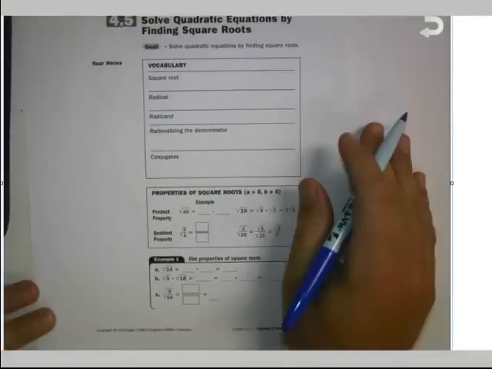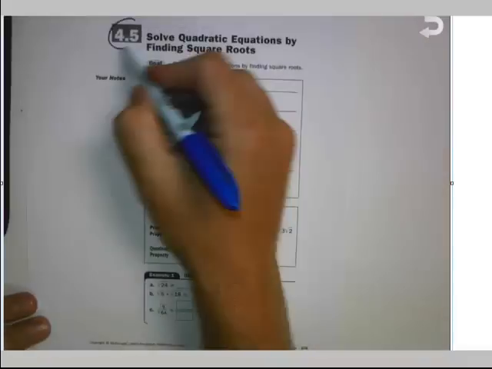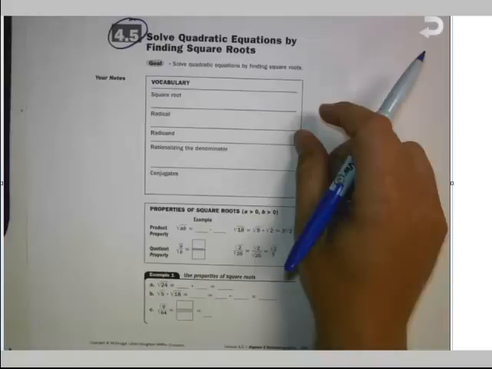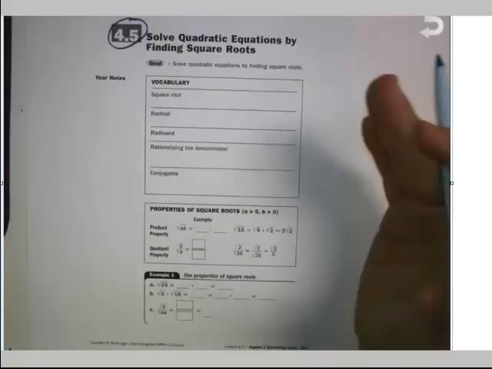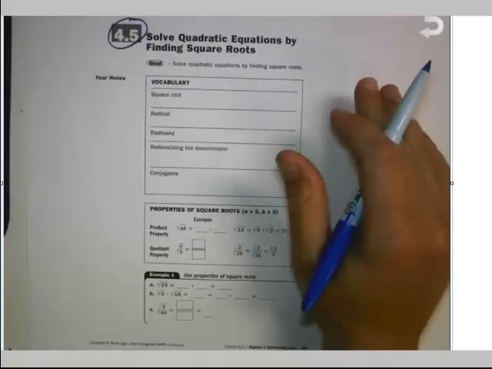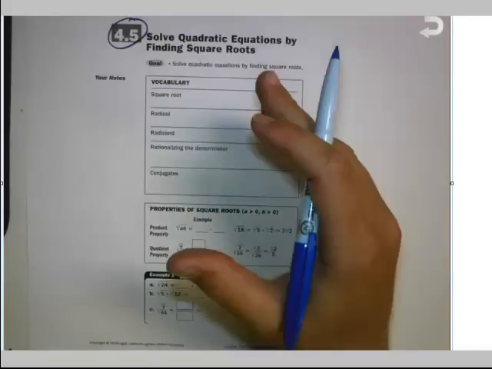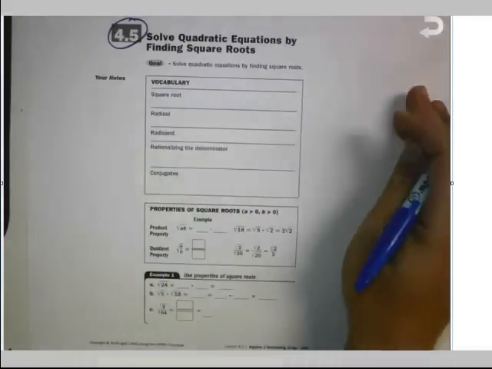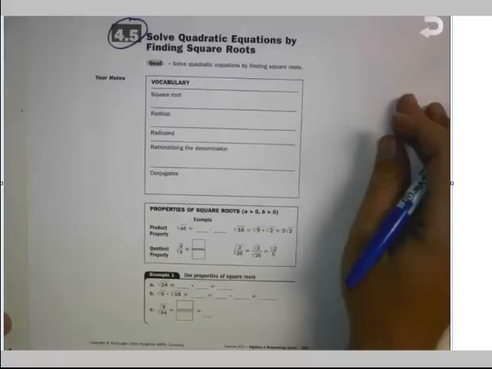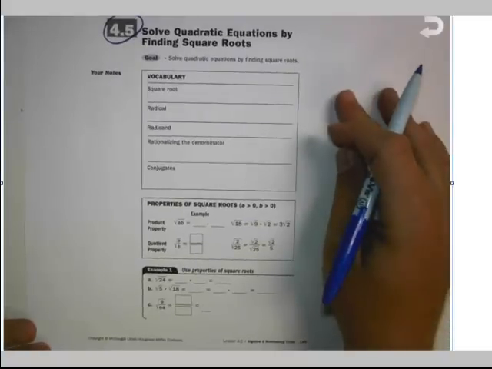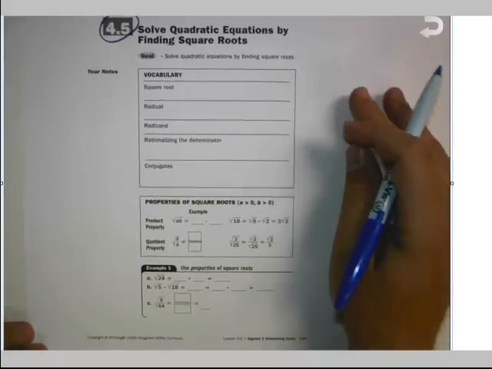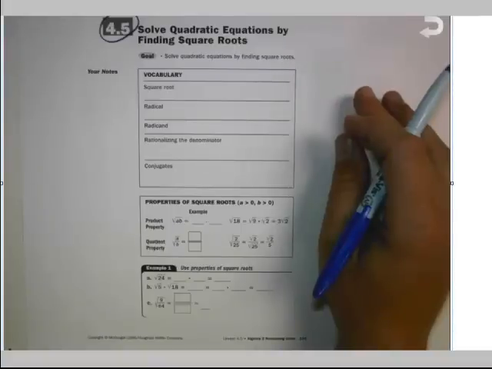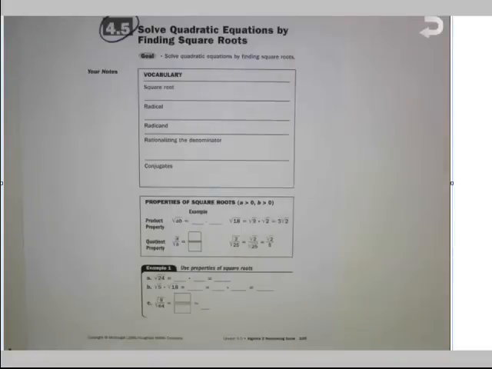All right, the next topic we're entering into is solving quadratic equations, finding square roots, and the whole next couple sections are leading up to that quadratic formula and using square roots and that kind of stuff. And so this will all link together eventually, even though at times it's going to feel a little bit disjoint. This first one is just some basic quadratic equations that we're going to use, and the whole point of the whole thing is when I have something